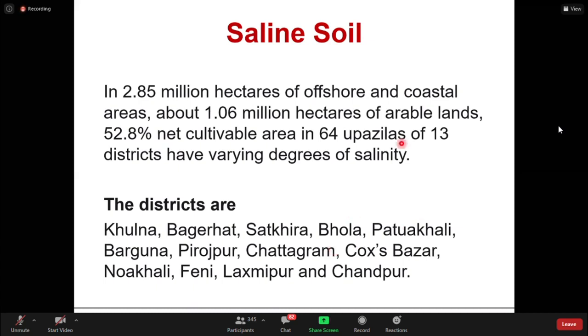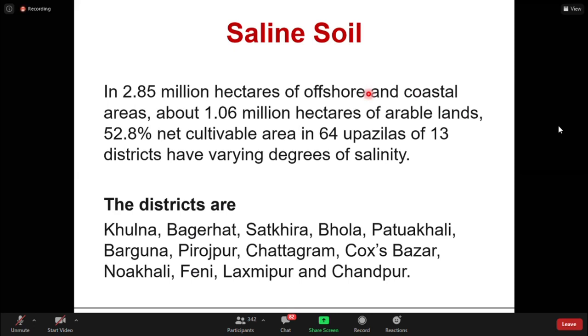You see, out of 2.85 million hectares of coastal areas, a huge coastal belt, almost half of it, 1.06 million hectares of arable land, you know what is arable land, so 1.06 million hectares of land are saline. And these are located in 64 upazilas out of 13 coastal districts. Out of 13 coastal districts, 64 upazilas have got salinity, and that covers an area of